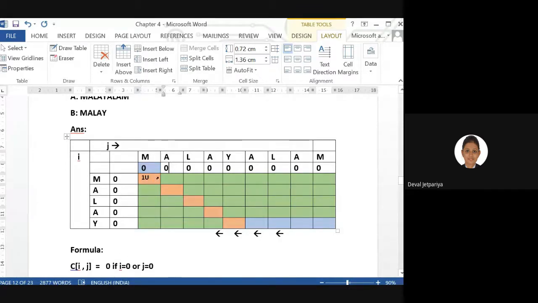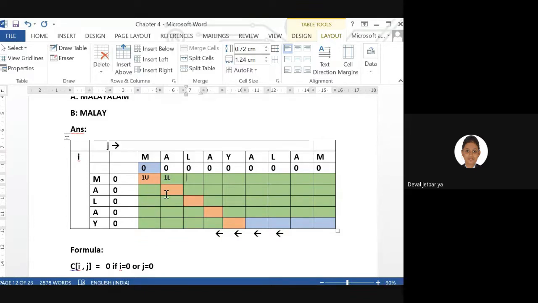Between left hand side value and exactly its above value, which value is maximum? Please do reply quickly. Above is 0. Left hand side is 1. So 1 is greater or 0 is greater? Obviously 1. So whatever is maximum that you need to write. And this 1 you are getting as a reference of left hand side or upper? Reference of left hand side. Yes or no? So we'll give reference as a N.